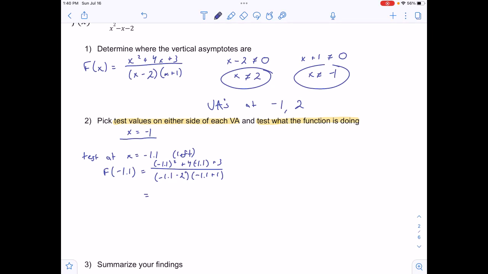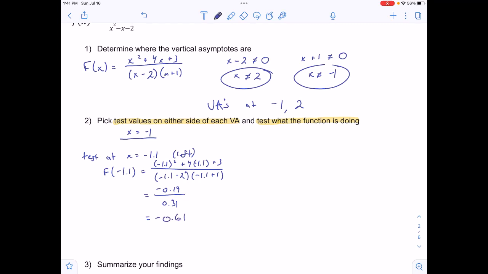-1.1 squared is 1.21. And then I have to add 4 times -1.1 plus 3. I get a numerator of -0.19. My denominator, I've got -1.1 minus 2 times -1.1 plus 1, 0.31. And let's do that division. -0.19 divided by 0.31 is equal to, and I'm just going to round it,